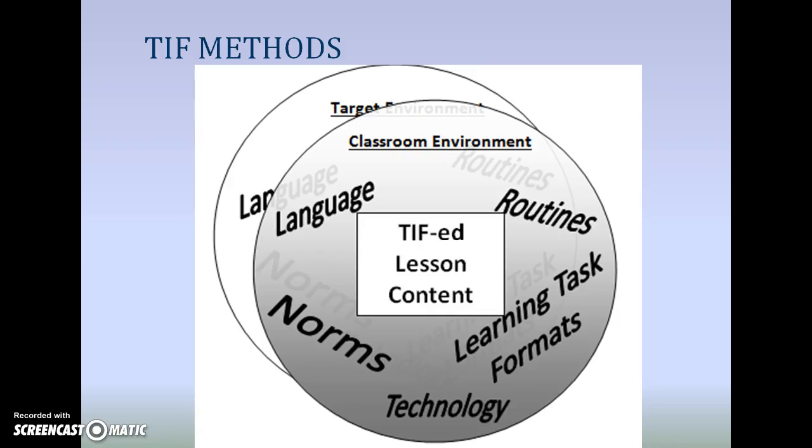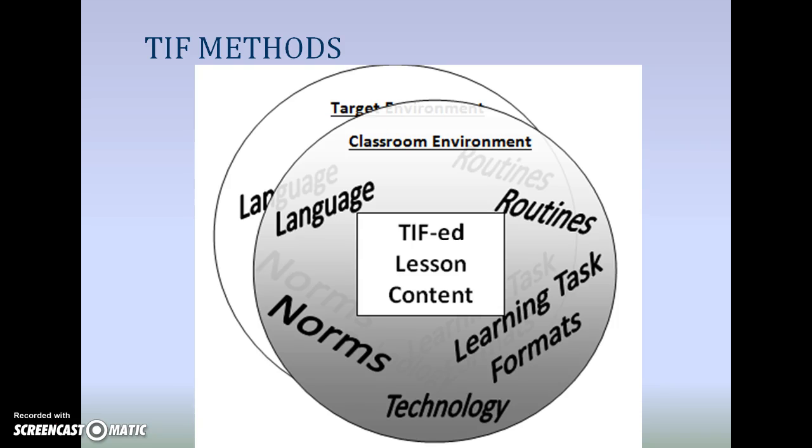TIF methods are instructional methods that we can use to integrate transition skills in consistent and authentic ways in our classrooms and over longer periods of time. This visual shows how the classroom environment is a mirror of the target environment. For example, our students' target environment may be preparing for the workforce. So the target environment may be the workforce, it may be careers, it may be college readiness. Therefore, our classroom must mirror that target environment to allow our students to practice the skills they need to succeed